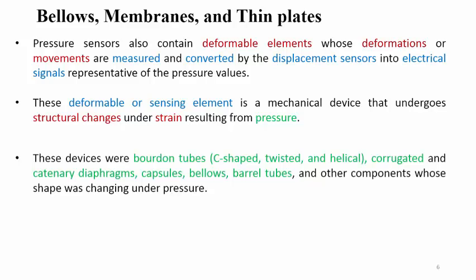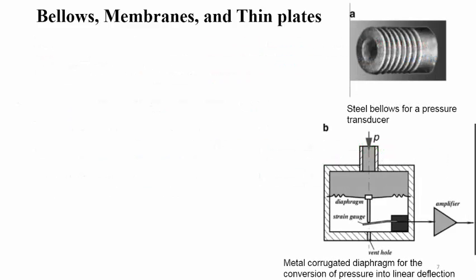Usually these kinds of devices are Bourdon tubes, C-shaped or twisted or helical structures, and corrugated and catenary diaphragms. Also you will find capsule-type structures, bellows, barrel tubes and other components whose shapes change under pressure. So in these two diagrams we can see